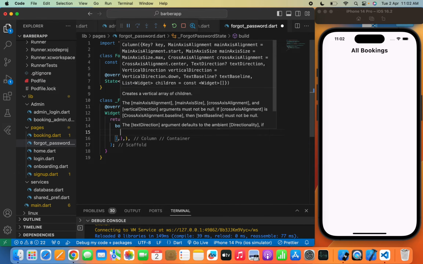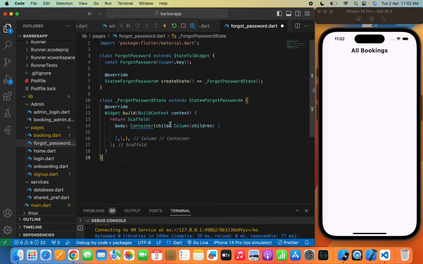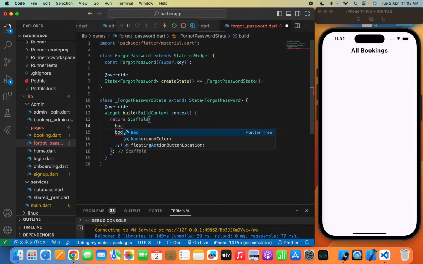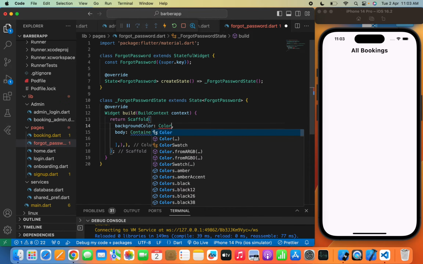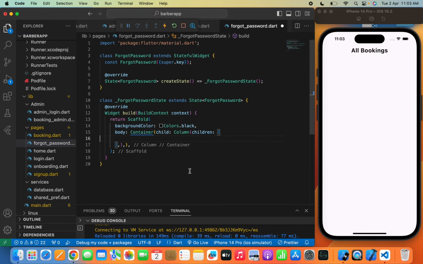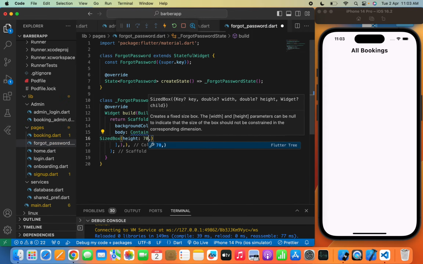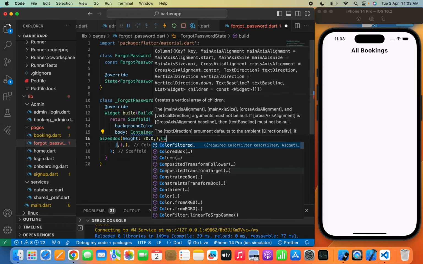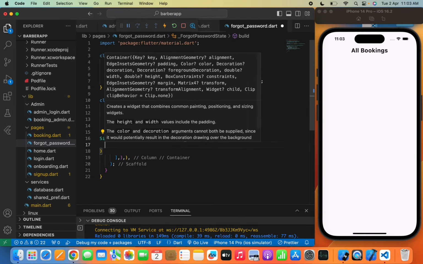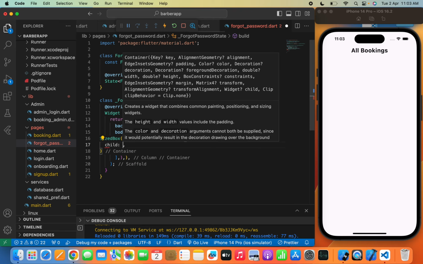So here first I'm going to pass the background color. I will pass colors dot black, and I will pass a sized box with height 70.0 so that I can provide space from the top, and I will pass a container and write child text